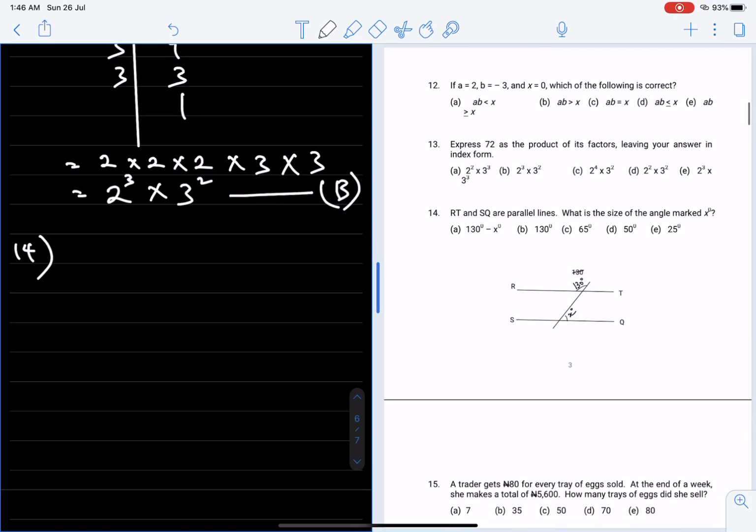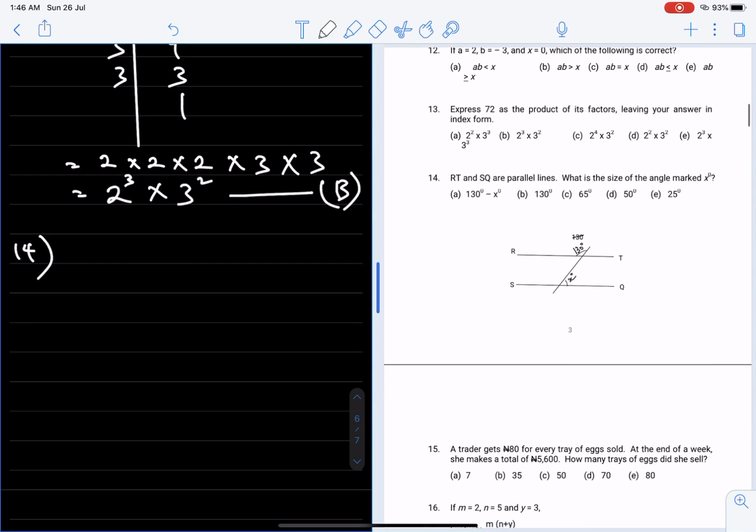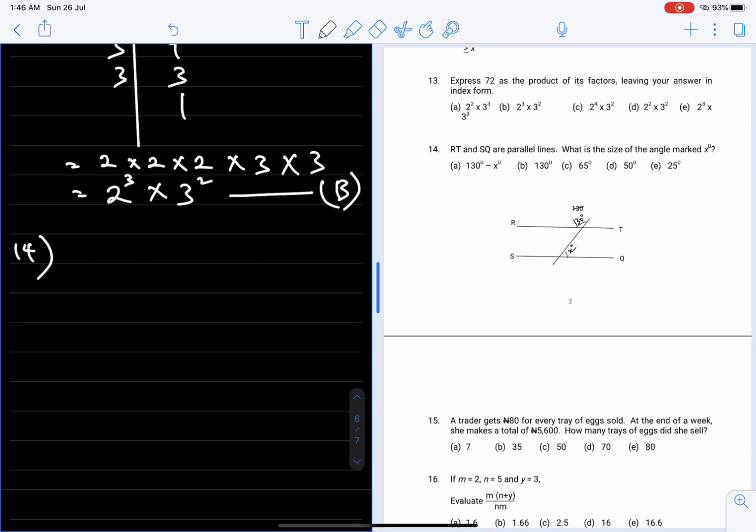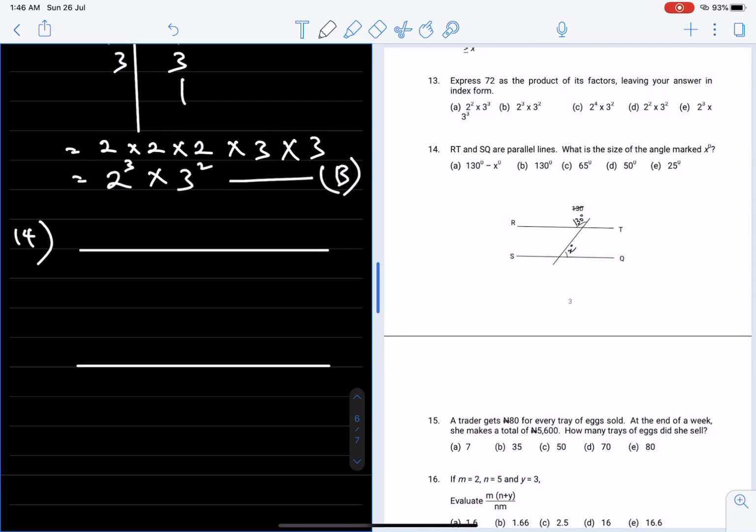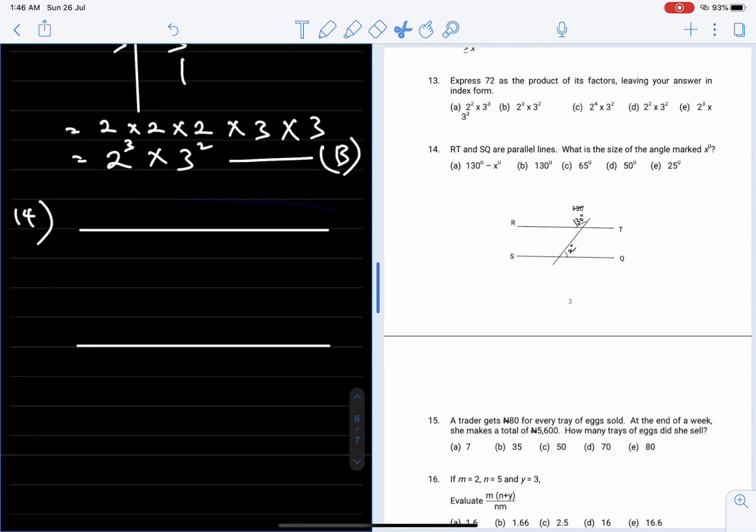Let's see, is this question clear? RT and SQ are parallel lines. What is the size of the angle marked X? Okay, RT and SQ. Let me move that